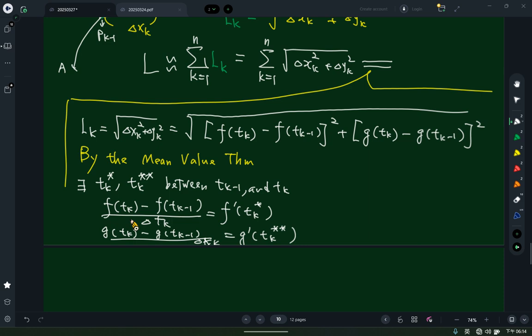So that means t_k star is not necessarily equal to t_k star star. 我们用了2次的均值定理，这2个均值定理用到一个是 f 函数，一个是 g 函数，所以你在找这个均值的时候，事实上这个 t_k star 不必然跟 t_k star star 是一样的，因为一个是 f 函数，一个是 g 函数，对不对？还记不记得什么是 mean value theorem？